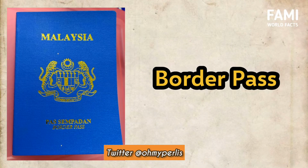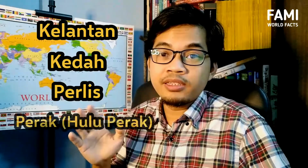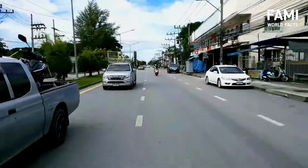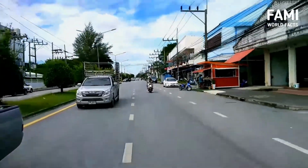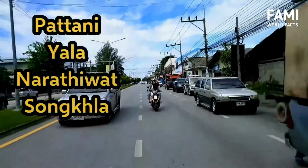The second type of travel document is the border pass. The border pass is used exclusively in the northern states of Peninsular Malaysia, which are Kelantan, Kedah, Perlis and the Hulu Perak district in northern Perak. And across the border, the destinations are limited to 4 southern Thailand provinces, which are Pattani, Narathiwat, Yala and